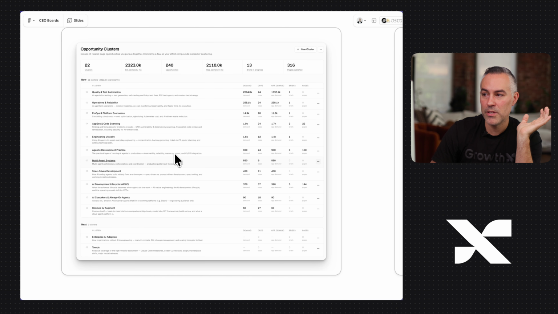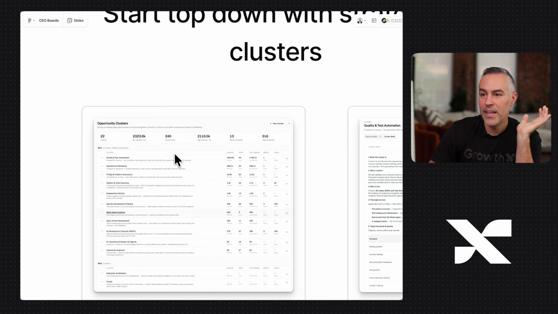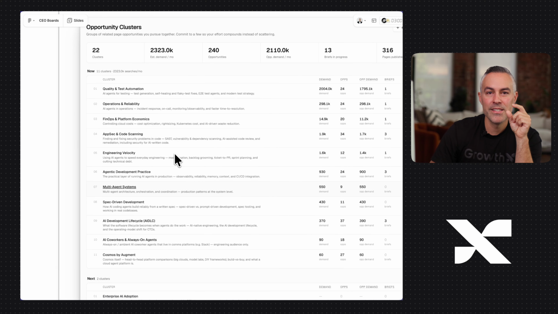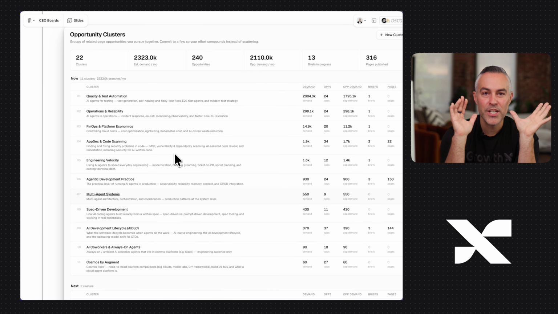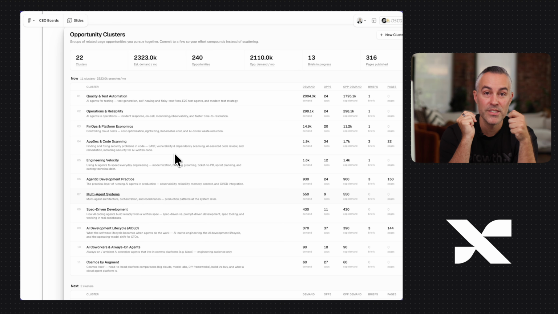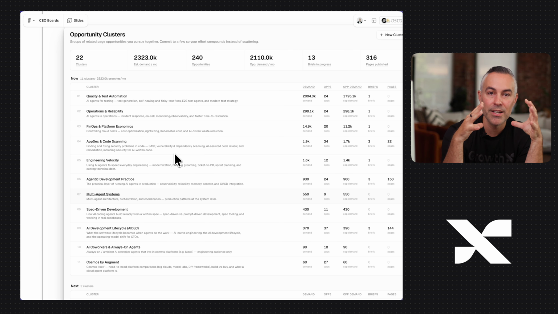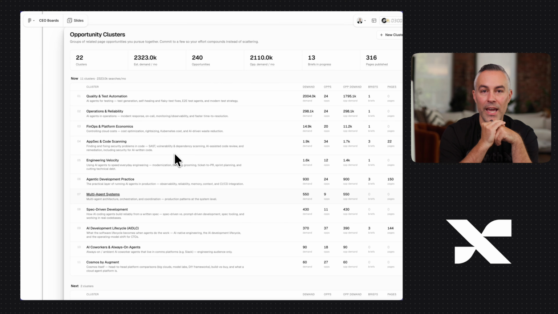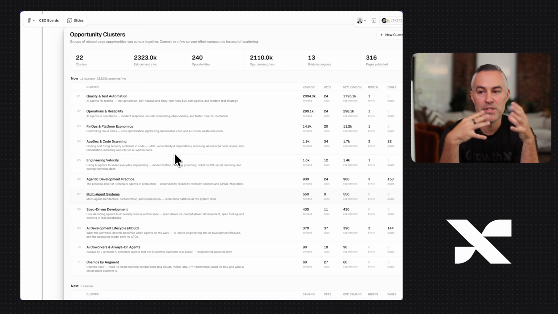And so just to conceptually explain what a cluster is, a cluster is simply a strategic container. It's a container of strategy with a group of bets and pages of opportunities, aka pages that should exist but don't yet exist and should exist for a reason that's been validated, and existing pages that you already invested in that are hopefully driving results to you. And so all of these things are within a container, and that container or that cluster has a reason to exist, right? It could be because you're trying to influence a certain topic area or stage of the funnel, or